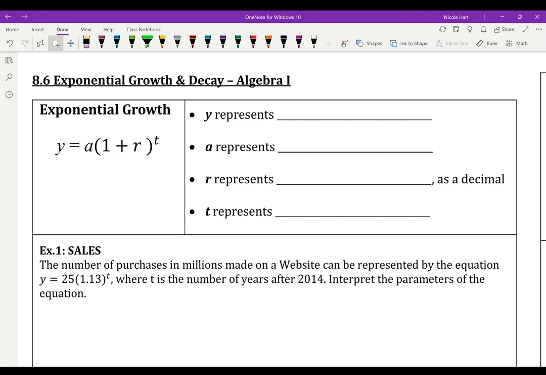Hi everybody, today we are talking about 8.6 exponential growth and decay. So exponential growth and decay is going to cover three different